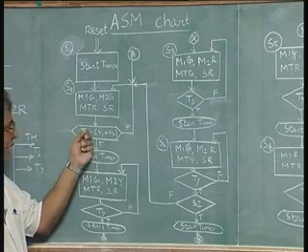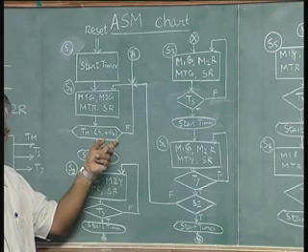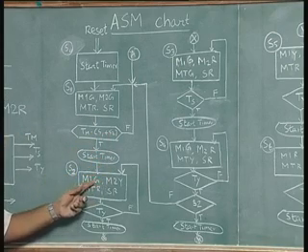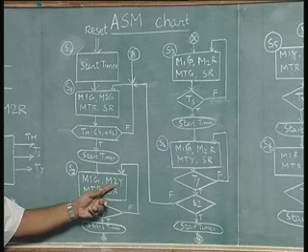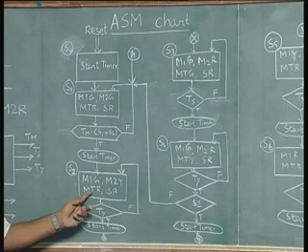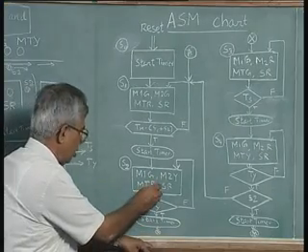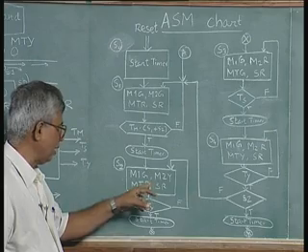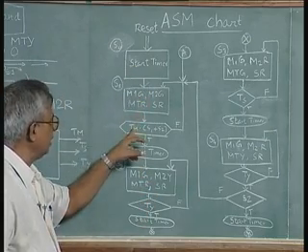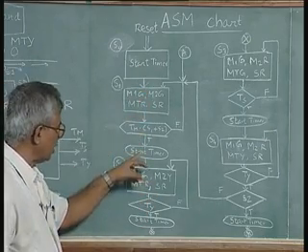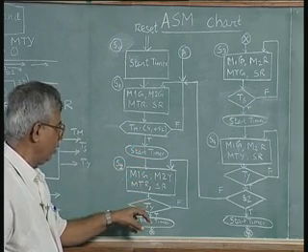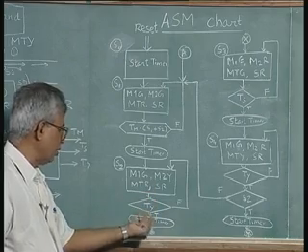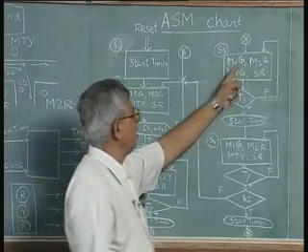So, if after Tm, one of S1 or S2 becomes on, then it goes to the second state where we go through main 1 green, main 2 yellow, turning red again, and then side road. Every time we go, we start a timer, because here I have to monitor the yellow, here I have to monitor the Tm. So, I put a start timer here because I need to monitor the yellow timing. Until the yellow timing has elapsed, it will continue to be in the state. If the yellow time has elapsed, we will start the timer again and go to the next state where main road 1 is green,